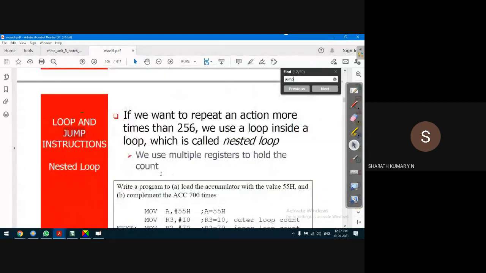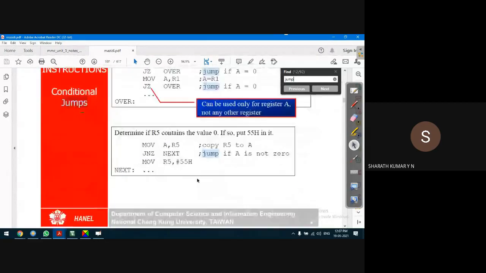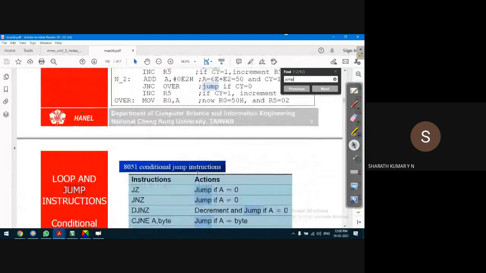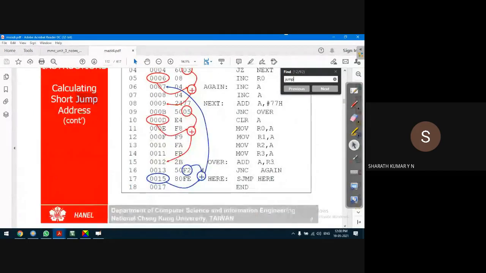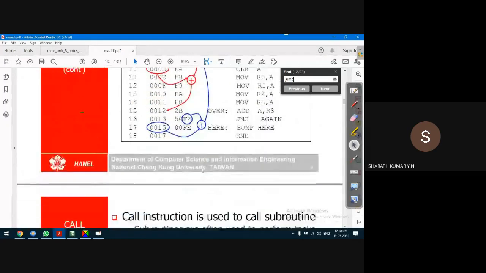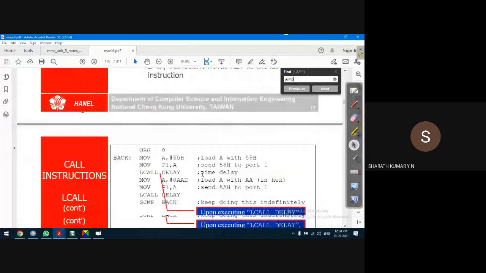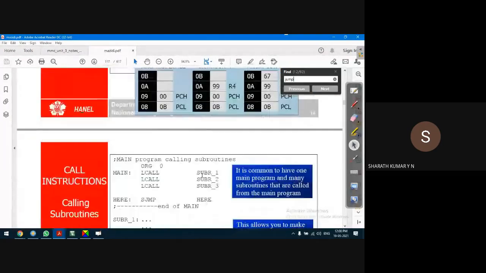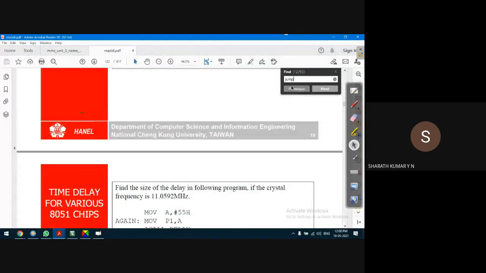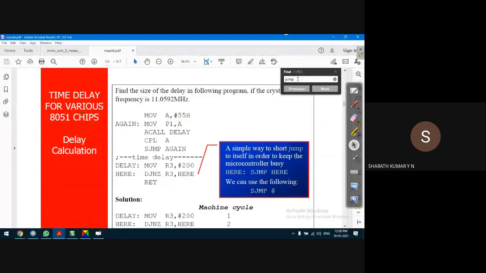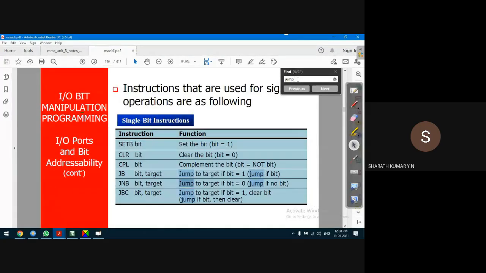Okay, here we go, jump instructions. I want to show you that range. There's a diagram in this document that I'm looking for. This also we'll discuss actually, but before that, there's one more diagram where the jump instruction ranges are shown. I don't know why I'm not getting that. Just a second. Okay, not this.